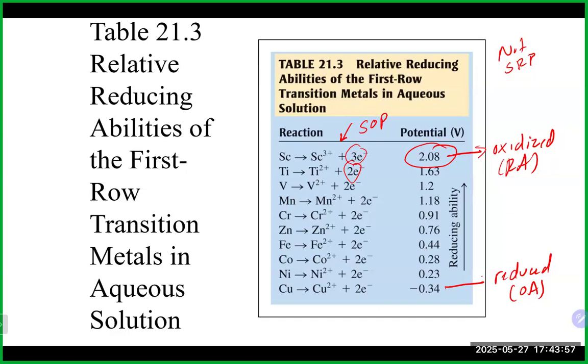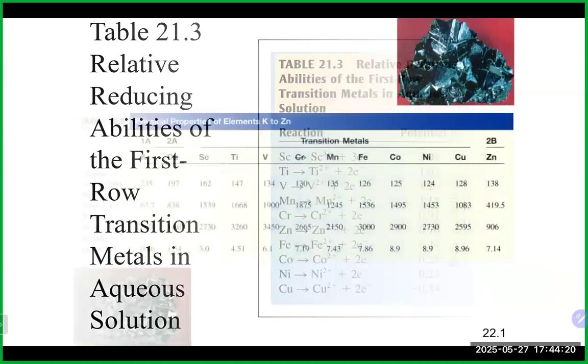If we were to turn these all into SRP values like we're familiar with, we would basically be reversing all these reactions. And by reversing all these reactions, the signs of all these values would then change. And now our more positive one does make sense, right? As it is the one that should be our cathode, and the one that should be reduced in this case. And so as we see there,